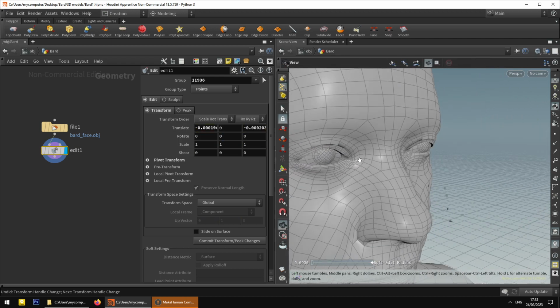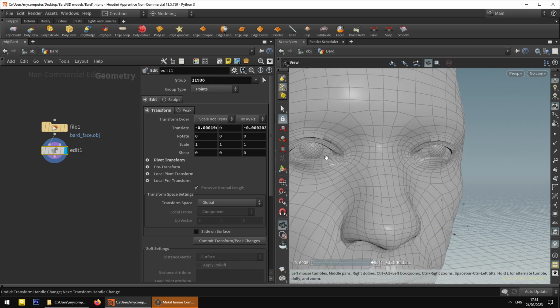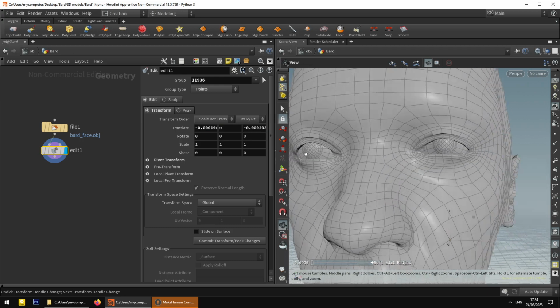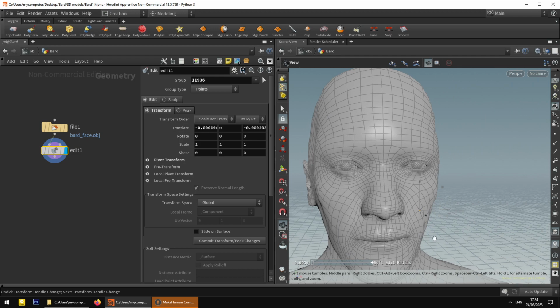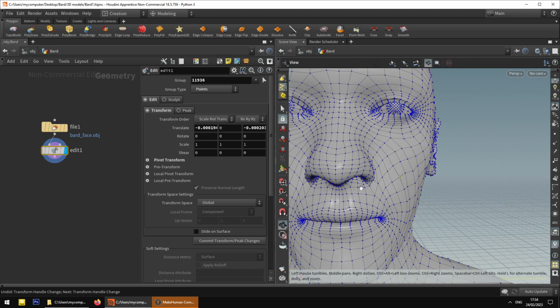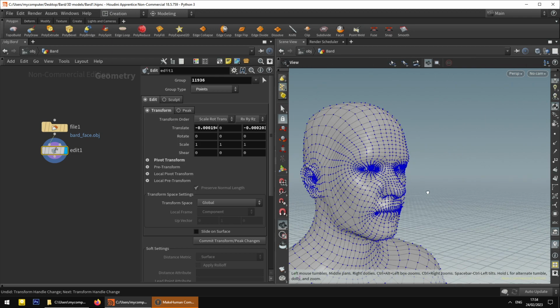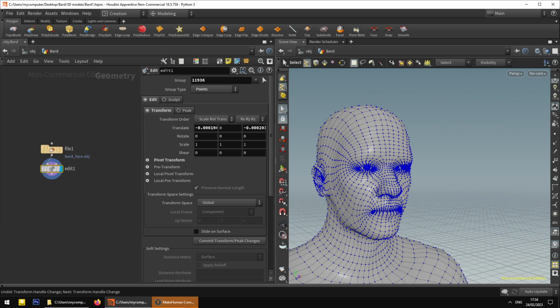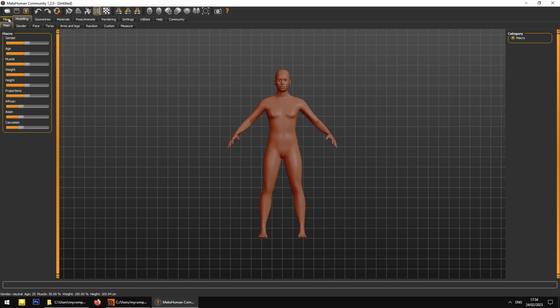Yeah, it's not gonna make a huge difference, but just showing that you can, if you want, make some changes. And that's a good thing, because I can show you